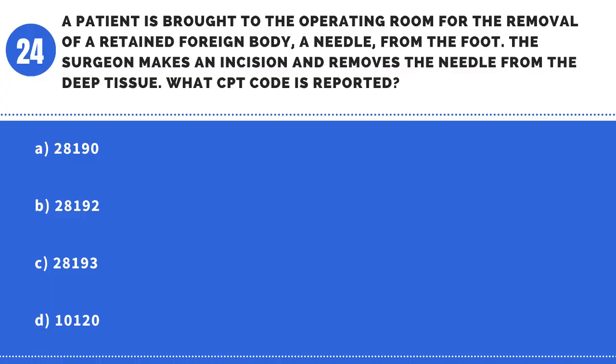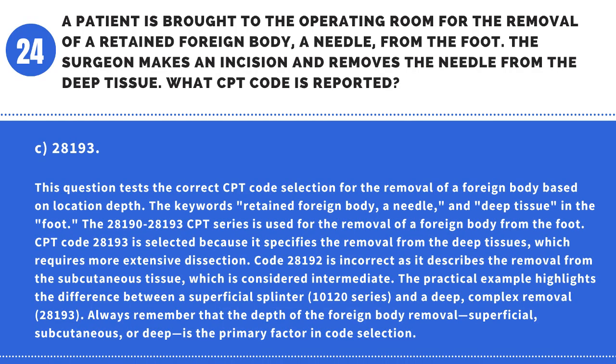Question 24. A patient is brought to the operating room for the removal of a retained foreign body, a needle, from the foot. The surgeon makes an incision and removes the needle from the deep tissue. What CPT code is reported? A. 28190. B. 28192. C. 28193. D. 10120. Answer: C. 28193. This question tests the correct CPT code selection for the removal of a foreign body based